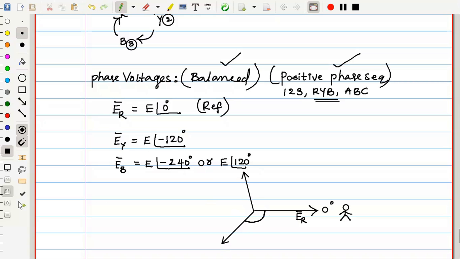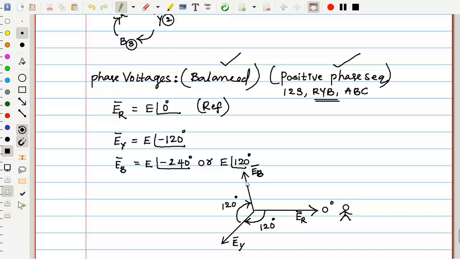This is lagging at an angle of 120 degrees. From this, the B phase is lagging a further 120 degrees. But together from the reference, it is lagging 240. That's why we are getting 240. Is this clear? So this is the B phase,